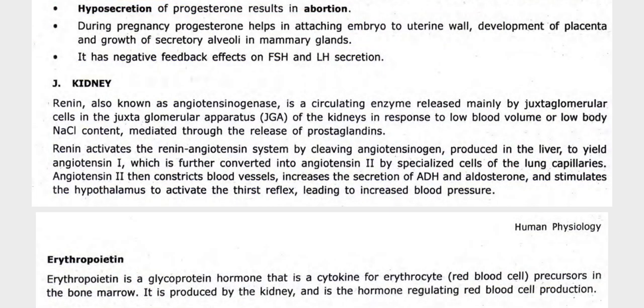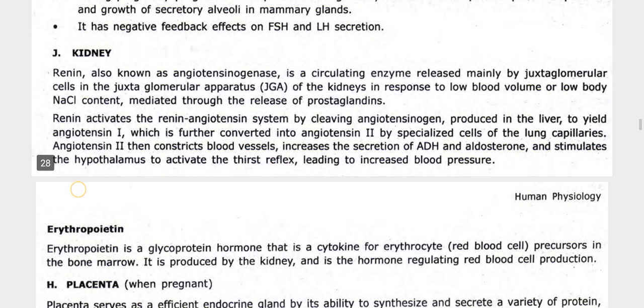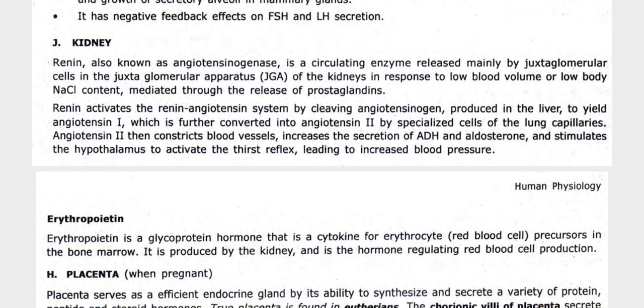Now let's learn about the kidney. Renin, also known as angiotensinogenase, is a circulating enzyme released mainly by juxtaglomerular cells in the juxtaglomerular apparatus, JGA, of the kidneys in response to low blood volume or low body NaCl content, mediated through the release of prostaglandins. Renin activates the renin-angiotensin system by cleaving angiotensinogen produced in the liver to yield angiotensin 1, which is further